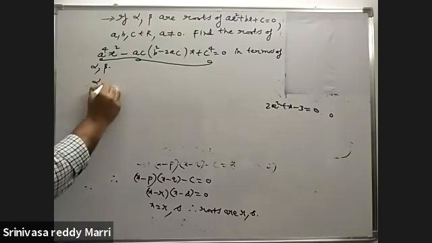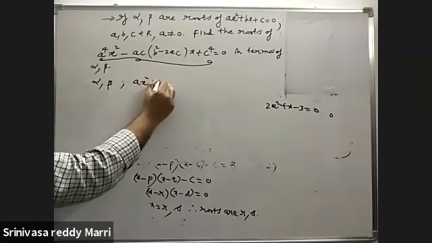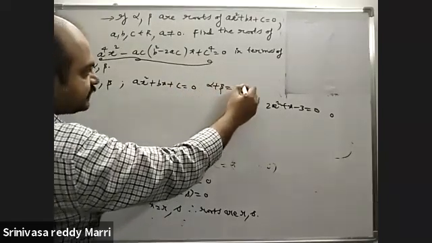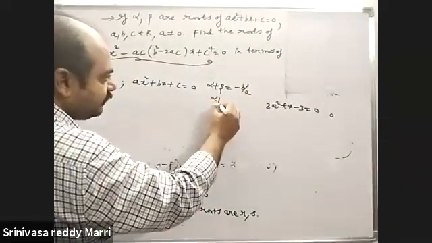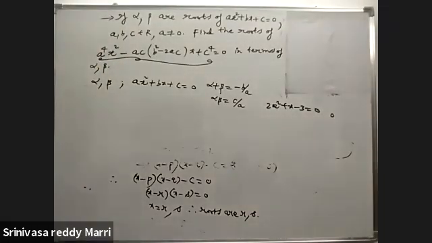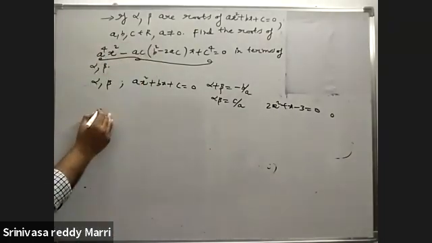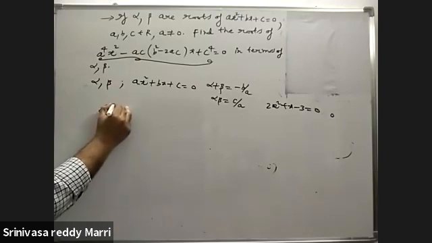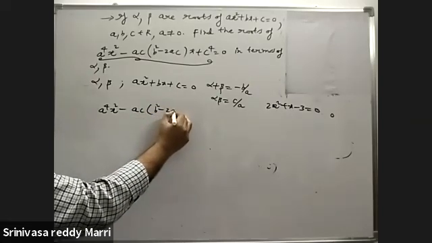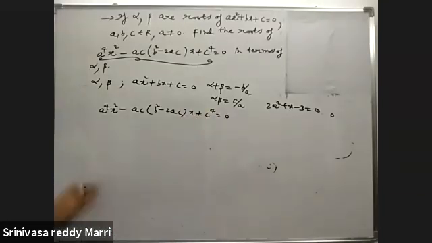Given that alpha comma beta are roots of ax square plus bx plus c equals 0, alpha comma beta are roots of this equation. So therefore alpha plus beta, this relation is there. These relations are important in every problem. This is what you can say, that alpha plus beta is minus b by a, alpha beta is c by a. Now look at, I want to factorize this one.